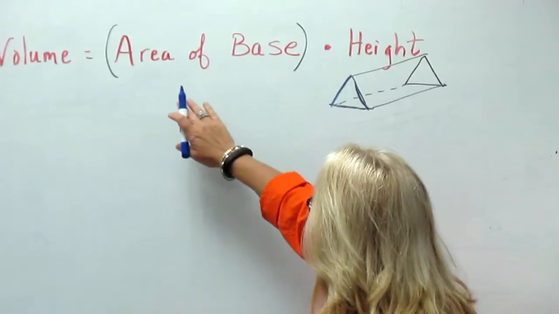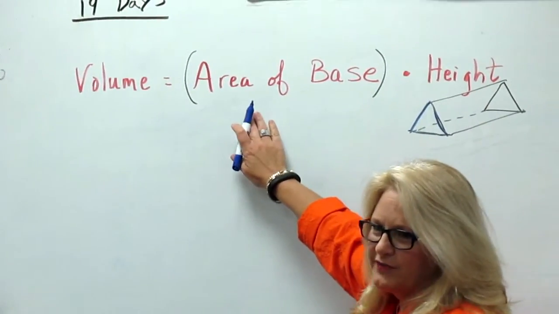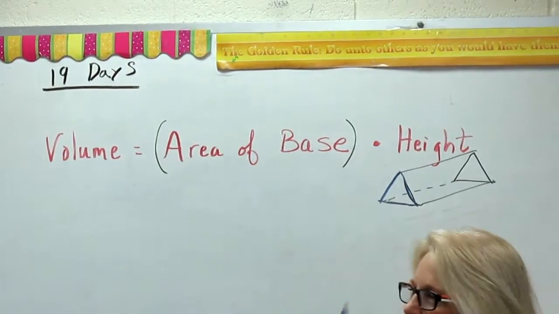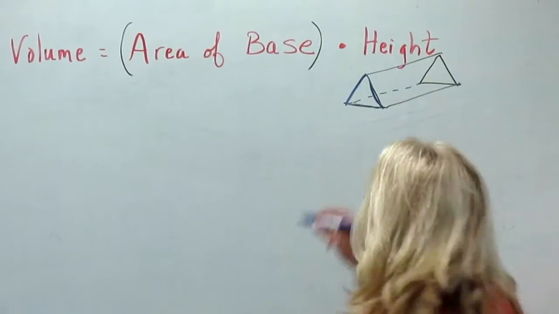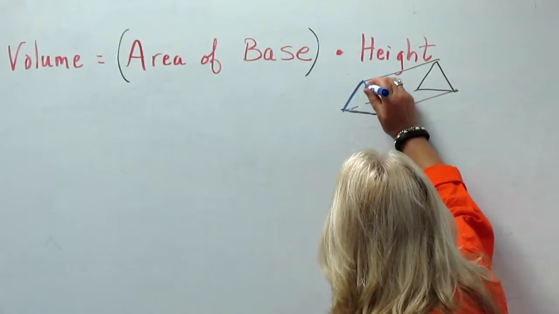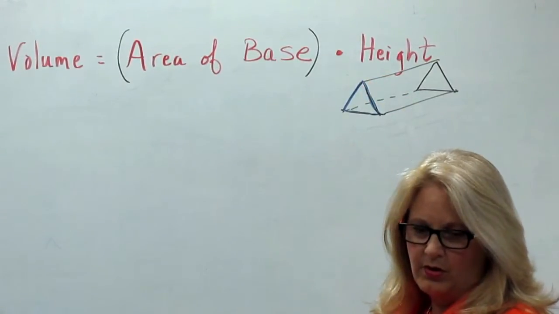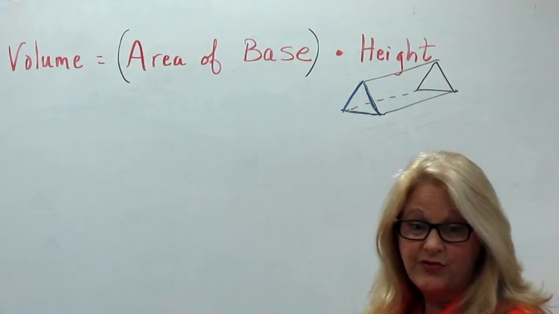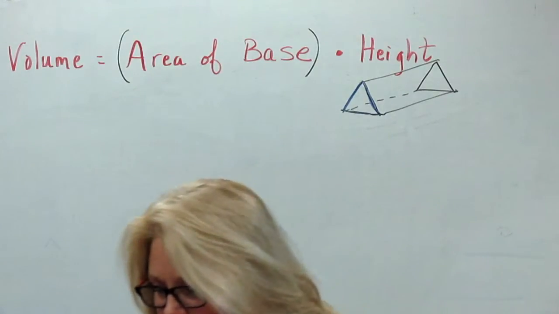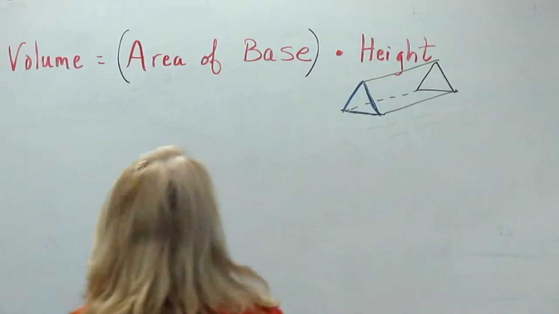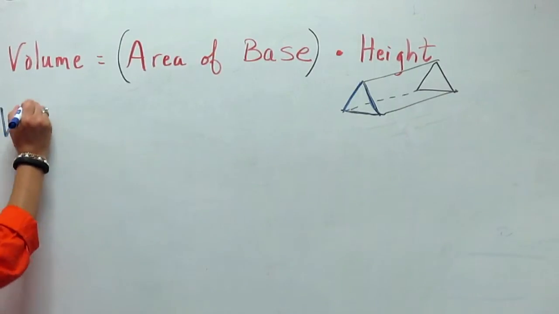And so the first part of the formula says, first of all, find the area of the base. And how do we find the area of a triangle, since the base is a triangle? Micah, do you remember how we find the area of a triangle? Like base... That's for a pyramid. It's right here on your formula sheet for a triangle. What do you think? 1/2 times base times height. Good. Okay, so volume